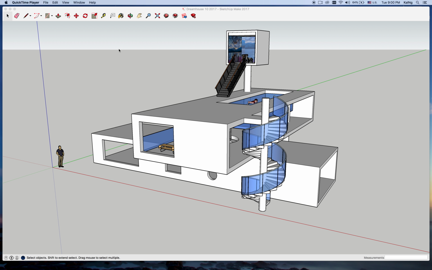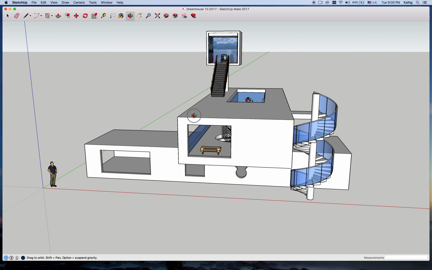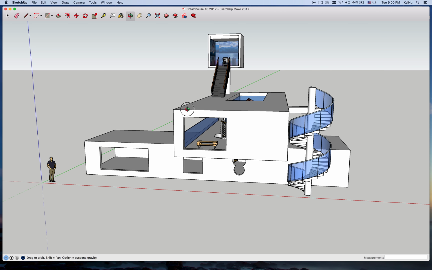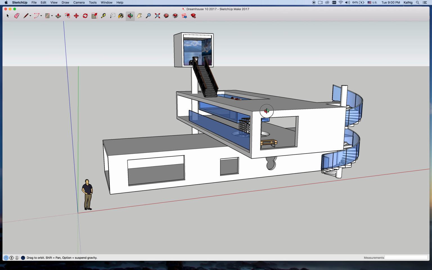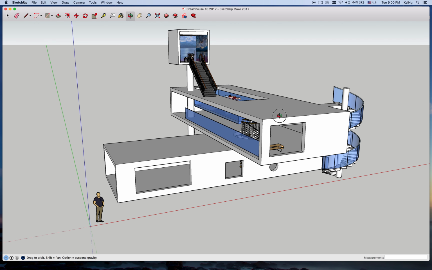Okay, so today we will start our Unity game engine session by the first step, which you have to do when you finish your dream house in SketchUp. As you can see, just like last time, I come up with this dream house, my version of dream house